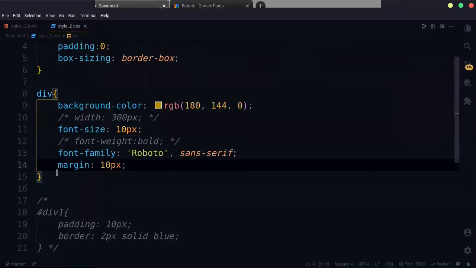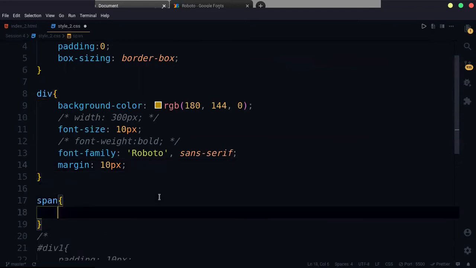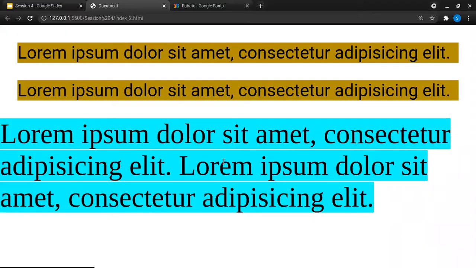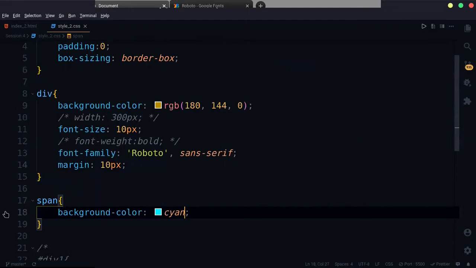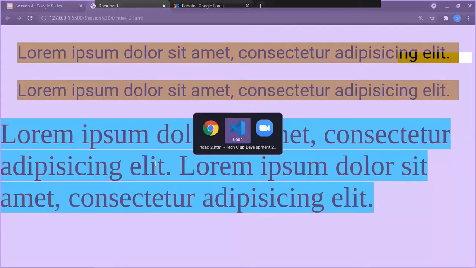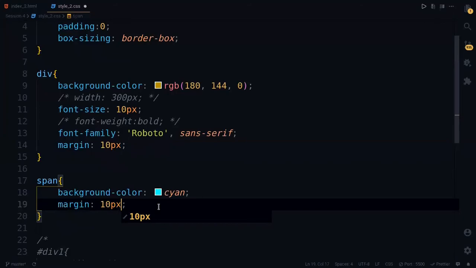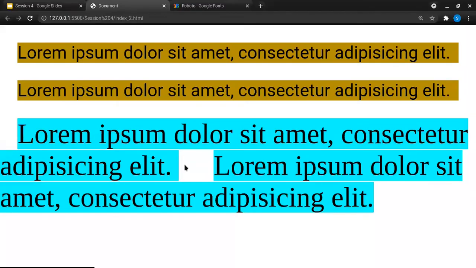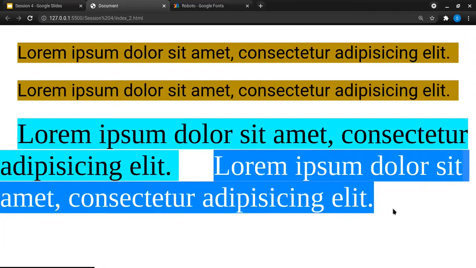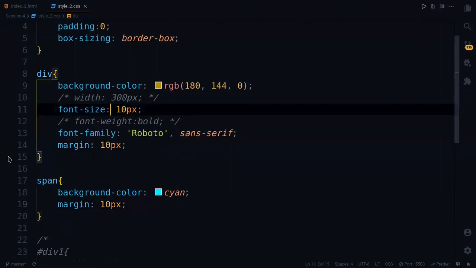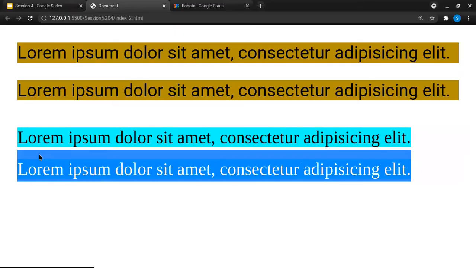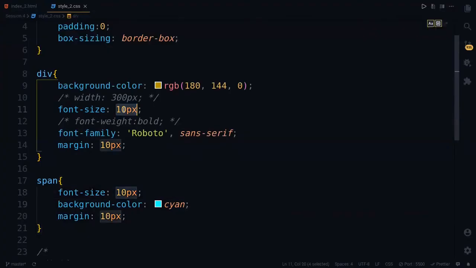Let's give some background color to span as well. Let's add a little bit of margin to the span. Otherwise, you can't see where the span ends. So here is the first span. This is the second span element. So you can see that there is some difference, right? Let's have the same font size for both of them. Let's reduce this